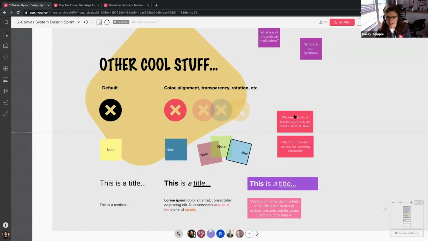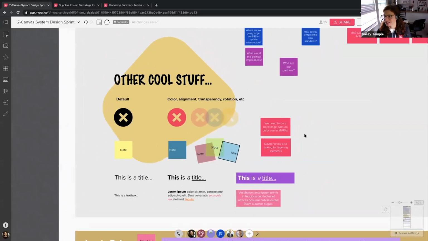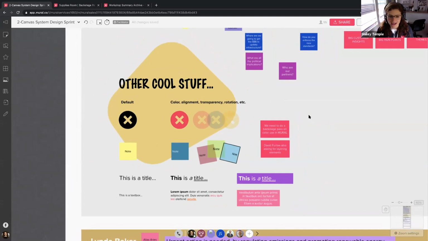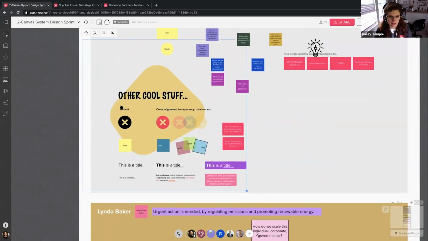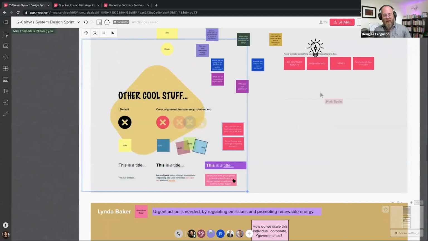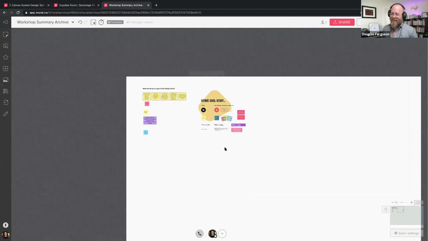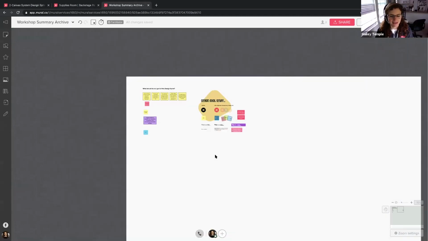All right, I've added in pink sticky notes that we will do a backstage pass on color. I think we could nerd out easily for an hour on color and layering, and it would be the best time ever, honestly. So what I'm going to do, if you guys don't mind, and being mindful of activities and showing the progress, is put this stuff in our workshop summary archive, and I can share all of this. Boom. And this as well. And then I'm going to bring us back to